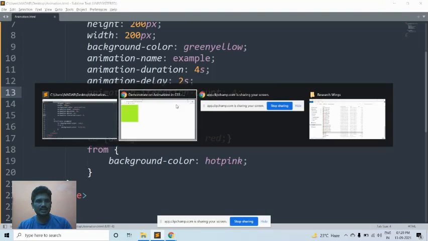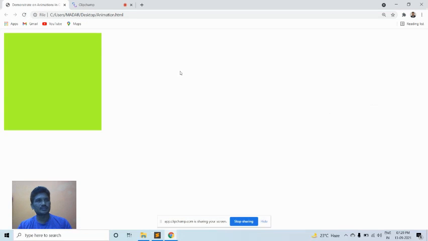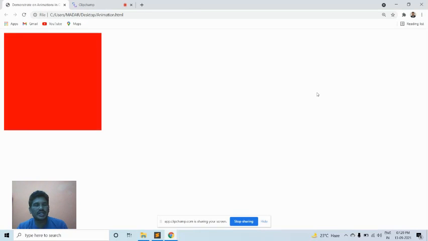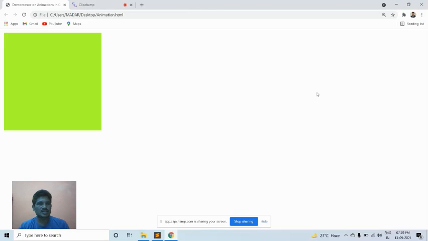Then we save it and compile. The same animation will be continued 3 times. After that, the animation finishes, and after the 3 times have completed, it comes back to the original color, green yellow.